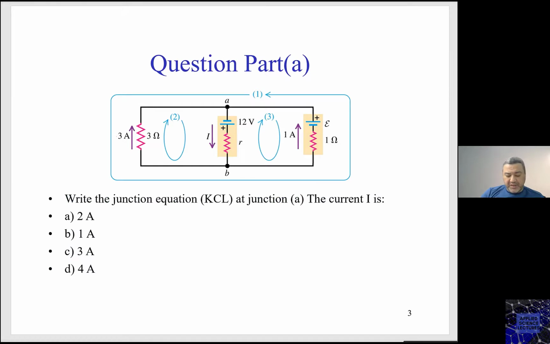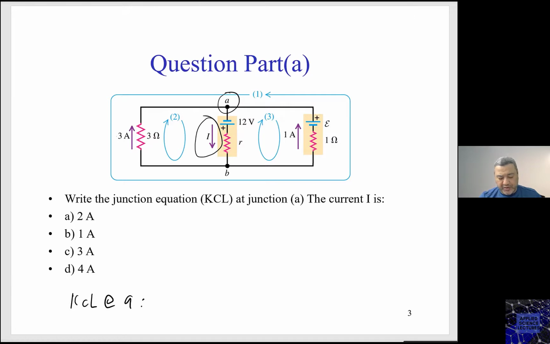Now let's look at this example here. In this example, we have the circuit. We need to write the junction equation, KCL at A, to calculate this current I. So in order to write the KCL equation at junction A, I can say KCL at A is,